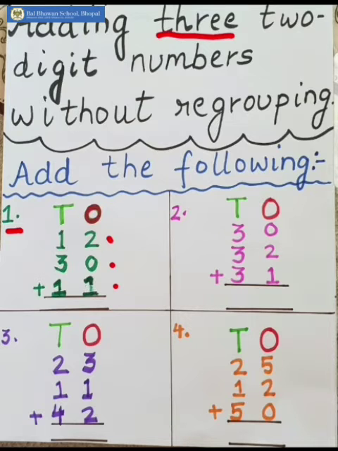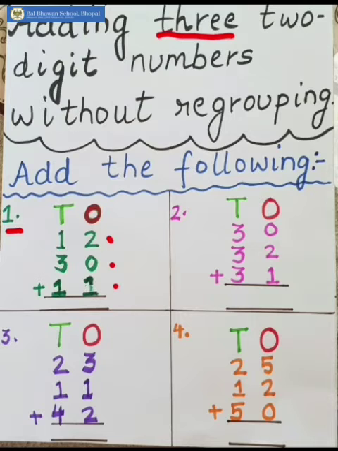Now for addition, first find out the bigger number. The bigger number here is, what's the bigger number? Yes, it is 2. Now we will be adding the next bigger number in this number, that is 2. So between 0 and 1, which is the bigger one? Yes, it is 1. So keep 2 in mind and add one time on your finger. So 2 and 3. So 2 plus 1 is 3.